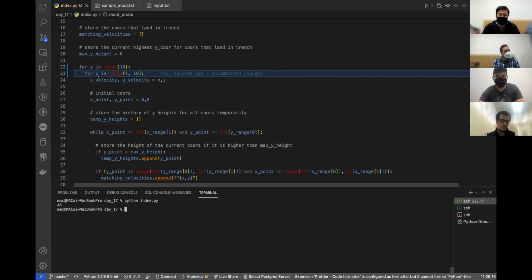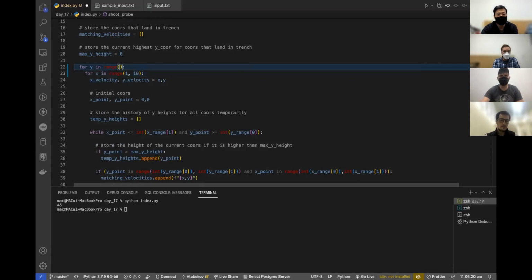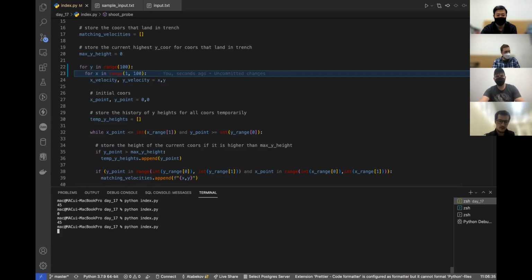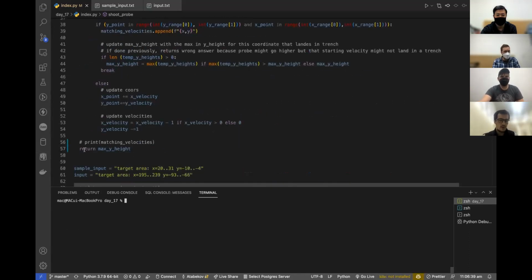So 45, it's not even changing at 10. Say 5. After it reaches a certain range, it stops changing. So here it's 45. Even in the 100 range, it's 45. So that's the maximum y height